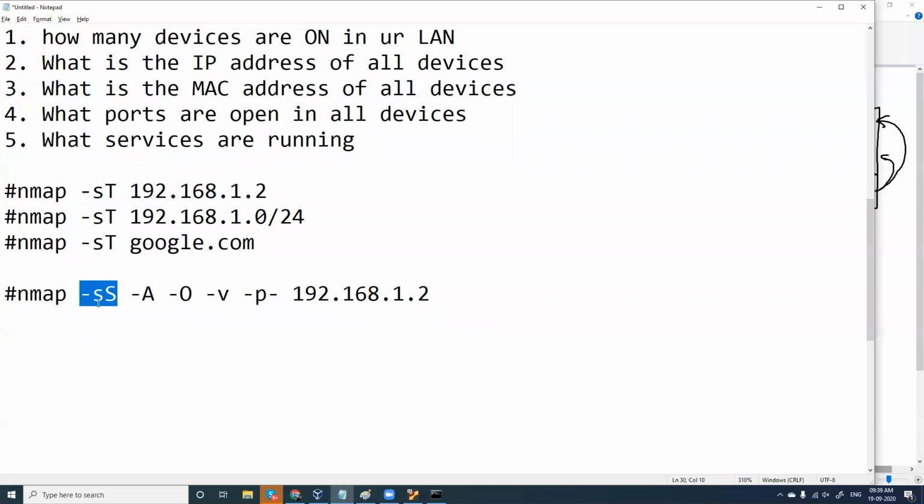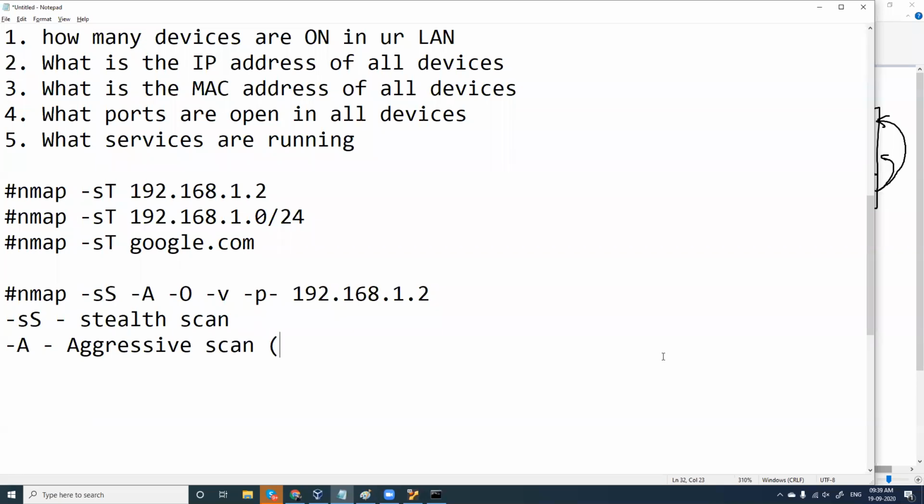-sS is stealth scan. -A is aggressive scan. Aggressive scan does 3 things: OS detection, service detection, and it also gives you traceroute, so it finds the path.